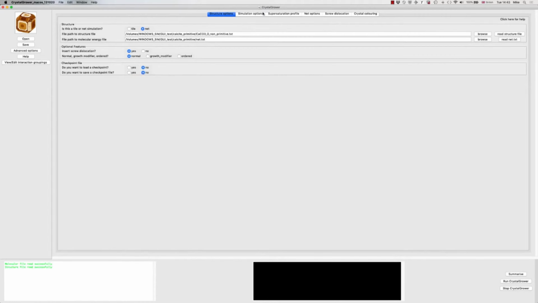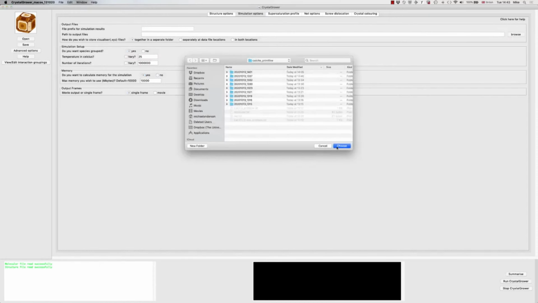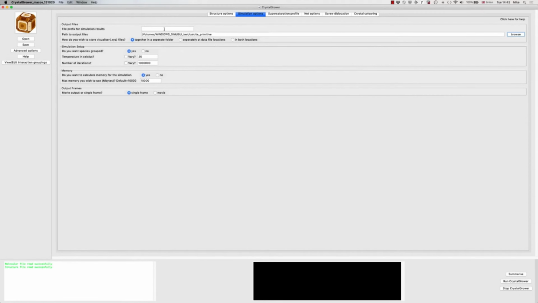I'm going to do a normal simulation, and I'm going to find somewhere to save the data, so I'll save it into this place here, and we'll call that calcite screw. I'm going to do 1 million iterations for now. We'll make a movie here, so I'll do 50 frames of a movie,